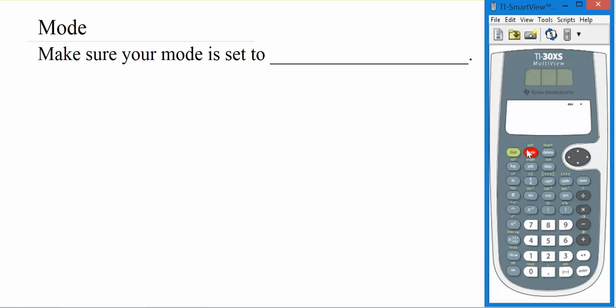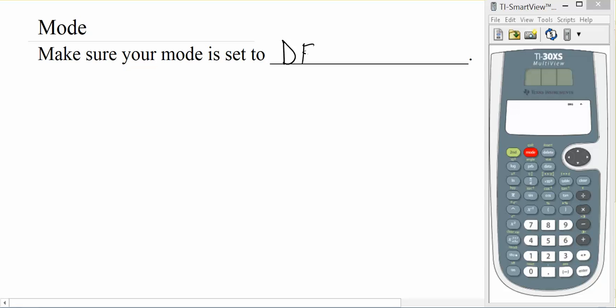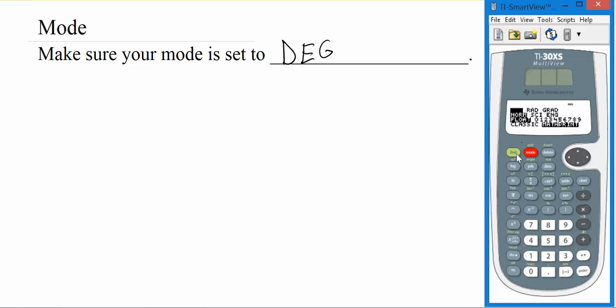on degree mode. And so we'll go ahead and write that in for our notes that we want to make sure we're in degree mode. And basically the reason for this is these are the units that we're using to talk about angles, as degrees. Those other things that you saw on the mode screen, radians, those are different units of measure to measure angles, and the calculator needs to know what you're putting in. So if you're saying, hey, take the sine of 45, it wants to know, are those 45 degrees or are those 45 radians? So that's why we're hitting the degree mode right now, and just leave it that way.